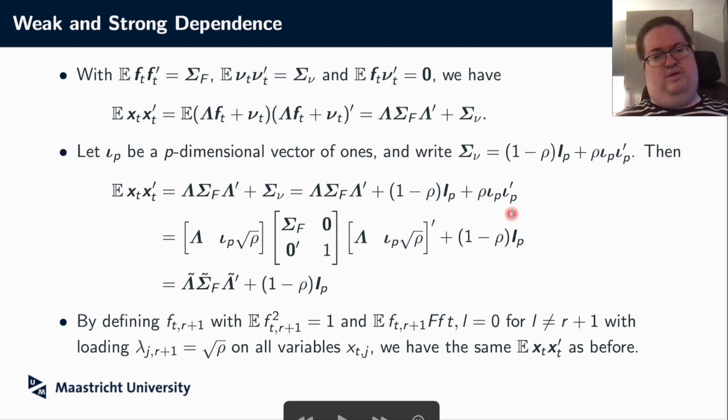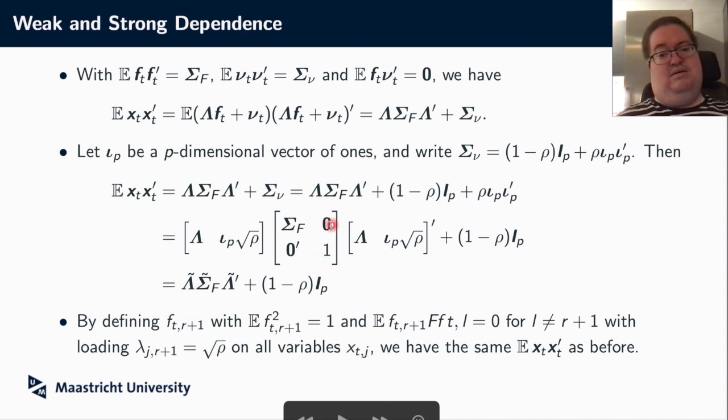But then this part here with the row IP prime, well, it looks a tiny bit like this thing here. It also has some, here we have lambda, which is p times r. Here we have something p times 1. So maybe we could make an additional factor out of this. And in fact, if you rewrite it, so if you create a larger covariance matrix for the factor,